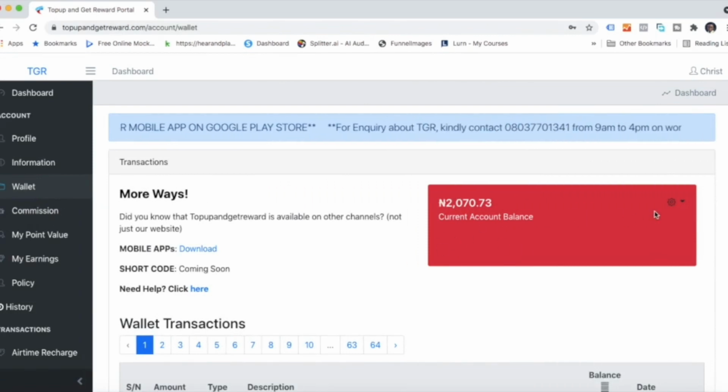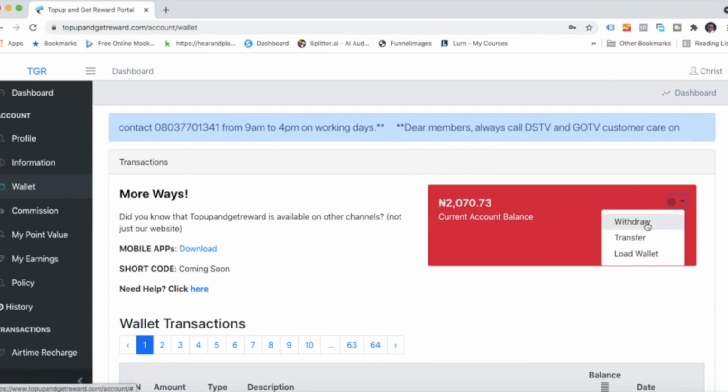The same process, go to the gear section, click on the drop down and do withdraw. Withdraw here means it's going straight into your bank account. You can transfer to another member on TGR, or you can load this wallet with some extra cash. But what we want to do now is to withdraw it into our bank. So click on withdraw,